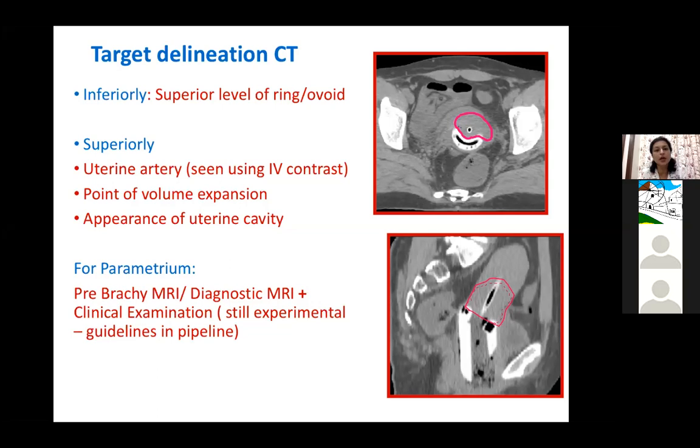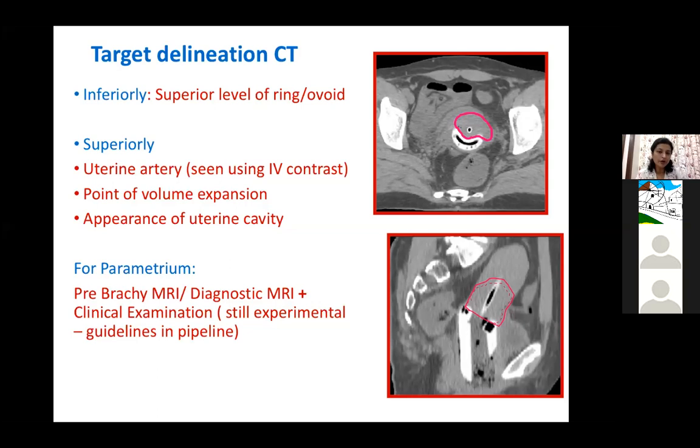And from there is where you can start coning down your HRCTV to have this shape. Then also you can see the appearance of the uterine cavity, but sometimes the uterus may be anteverted and it may be difficult to again see this junction as to where is this expansion. Then another way is that you can visualize the uterine artery using an IV contrast at the time of your planning CT for brachytherapy, and that is the point where you start coning down. And like I mentioned before, for parametria, you can use a pre-brachy MRI. You can also take some hint from a diagnostic MRI, and with a clinical examination at the time of brachytherapy,